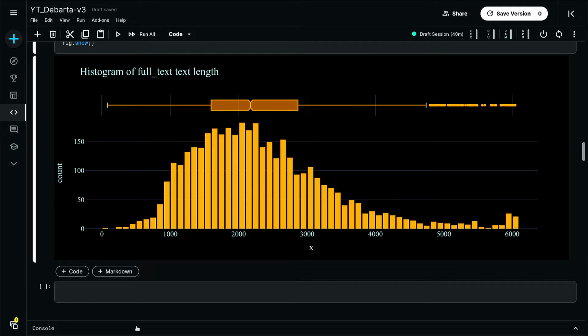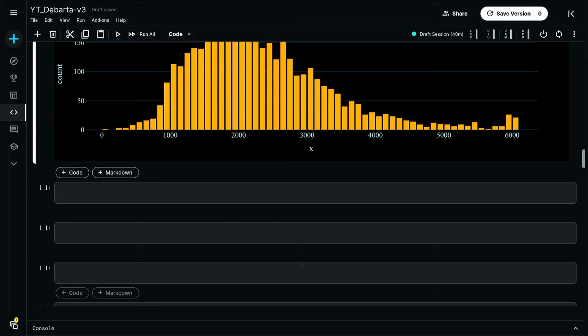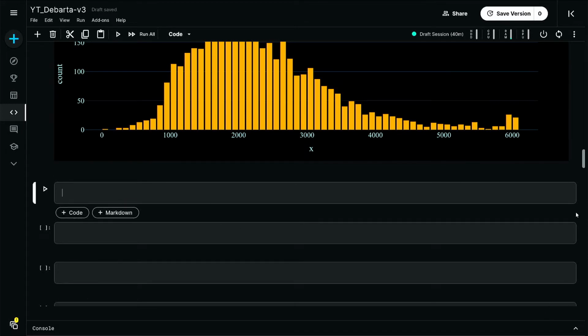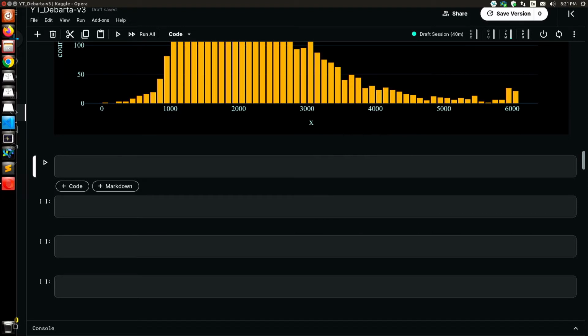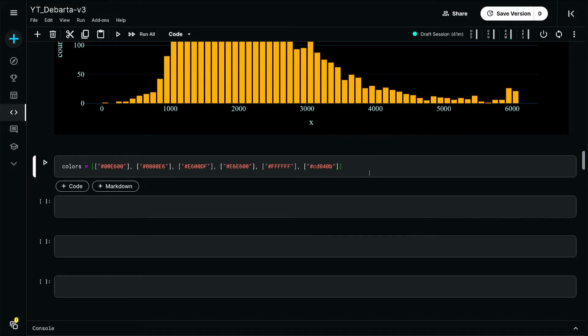And we can see that the concentration is towards 2000 to 2200, something like that. Okay, now I want to do the same histogram for each of the targets, that is each of the features in my data frame, which are cohesion, syntax, vocabulary, I think phraseology, etc. So first define the colors for the 6 headings, 1, 2, 3, 4, 5, 6 here.